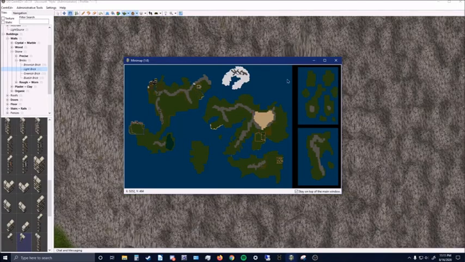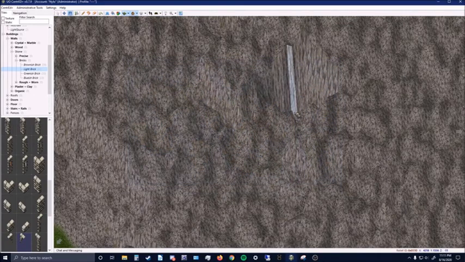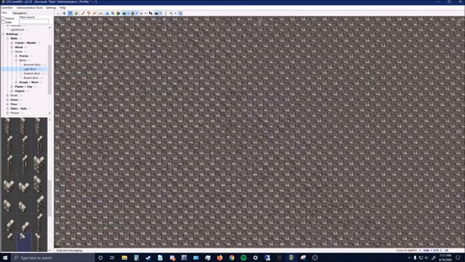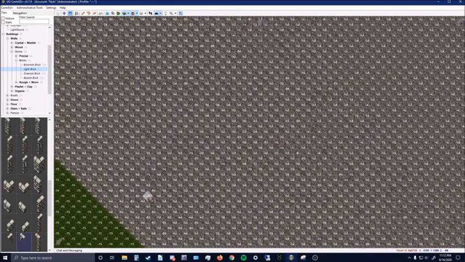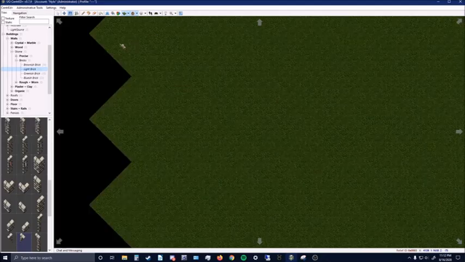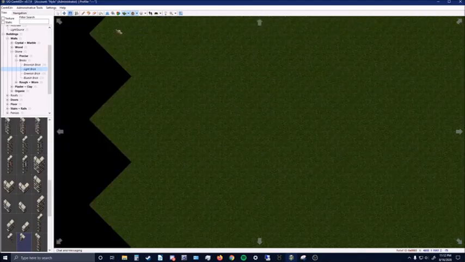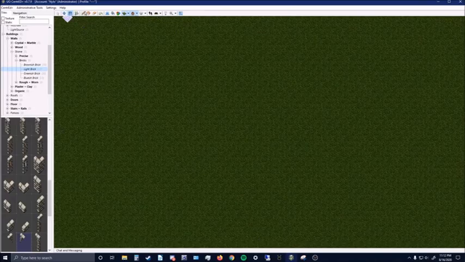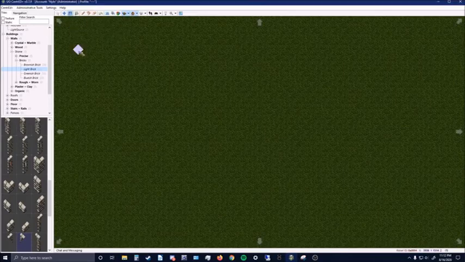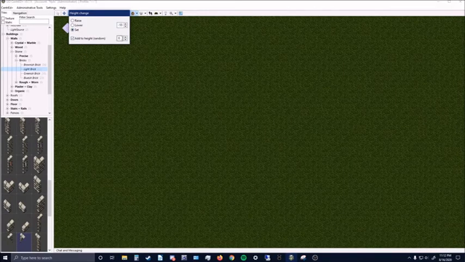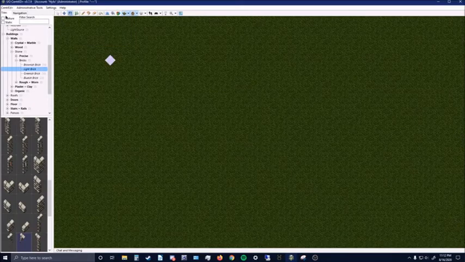So let's look at the mountains as an example. I have some things that I have to work on in the mountains. As you can see, some of these are at -1, others of these are at -68. There are other tools you can use to build mountains or something. So as an example, let's say I want to change my height. I want to set it at -55, and then let's say I want to add a random factor to it. What I can do is change this number to anything I want,